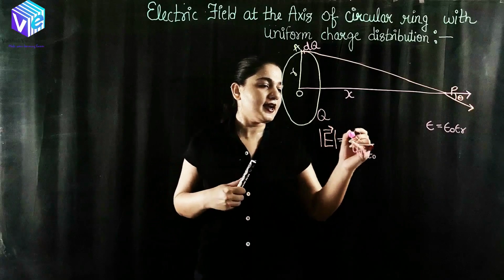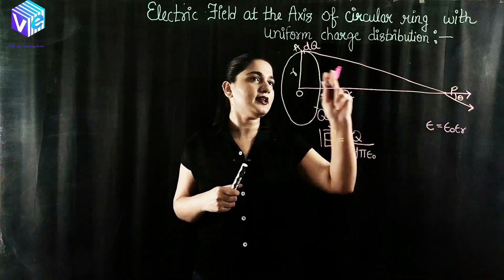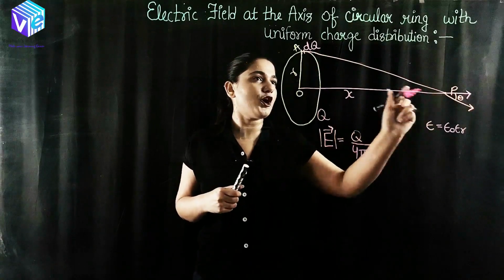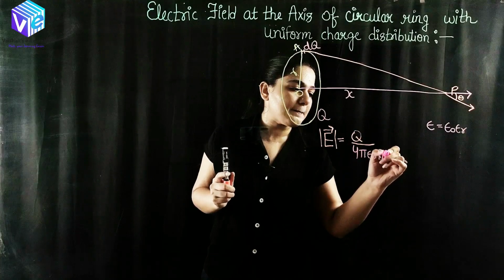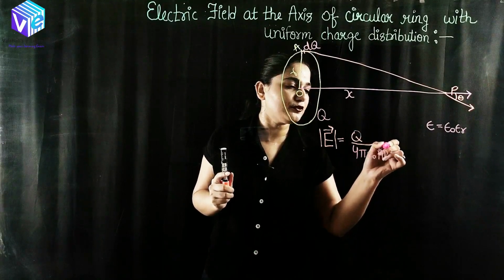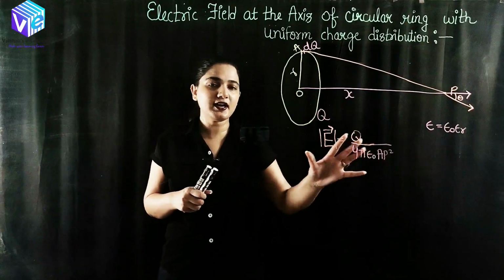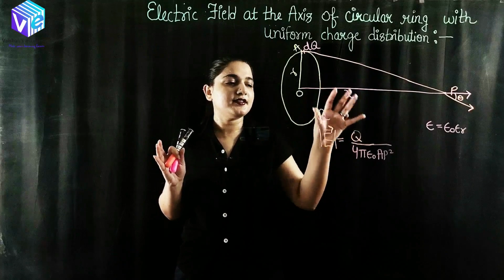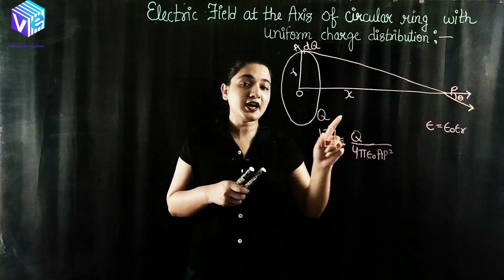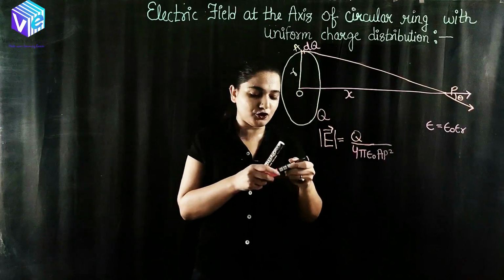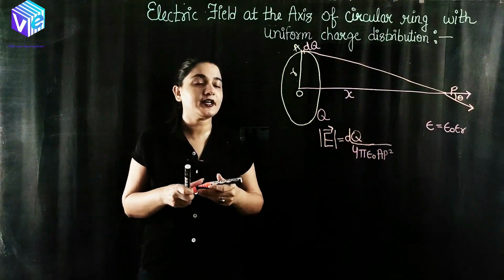Now here it is multiplied with the distance. What is the distance between this point charge and the point P? It is given by AP. So we are dividing by AP square. This is the magnitude of the electric field intensity. I hope you remember this formula. Now we will use this formula in this question. What was the charge here? The charge was not Q, the charge was dQ. So we'll have dQ upon 4 pi epsilon naught AP square.